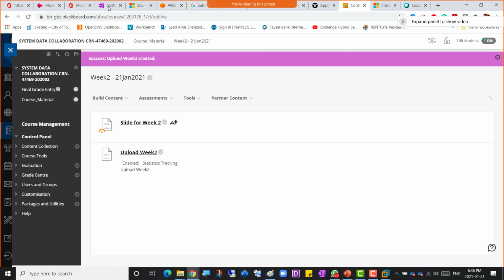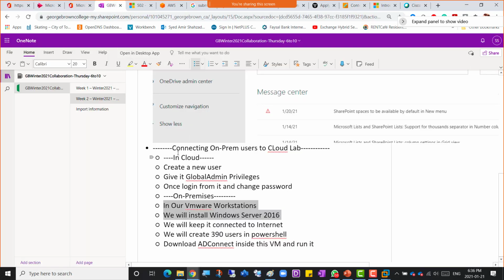Okay, so let's go for create a new user and give it global admin privileges. So we used data center. Yeah, yes, Jacob. We used data center GUI, and okay, so I'll be going to